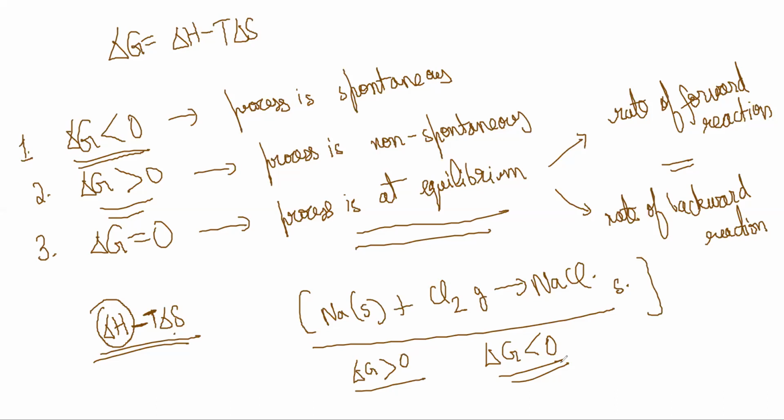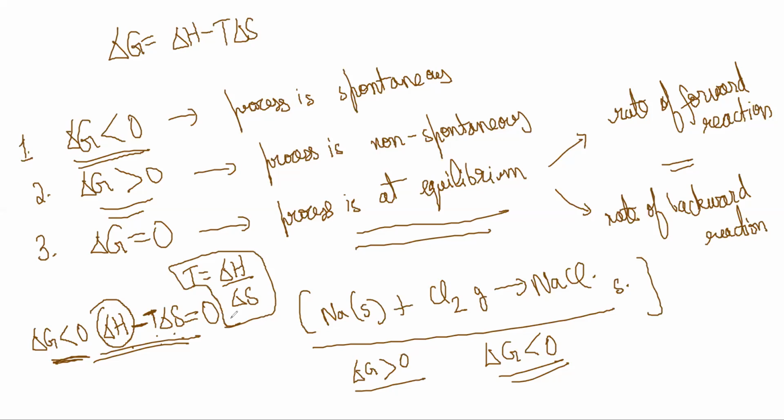So there are three things basically that determine all of this: enthalpy, entropy, and temperature, right? And as soon as this value becomes less than 0, the process becomes spontaneous. On its own, it will happen. You can also find the temperature at which a process starts becoming spontaneous. You just set this equal to 0. So temperature is delta H by delta S, right? This is the required temperature at which things will become spontaneous.